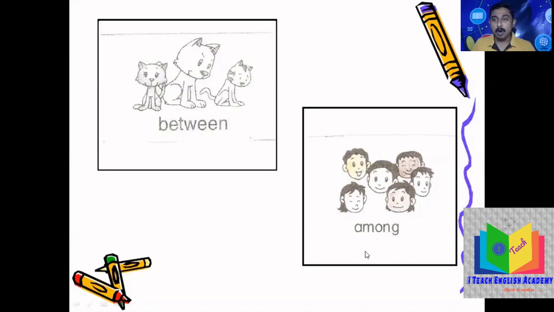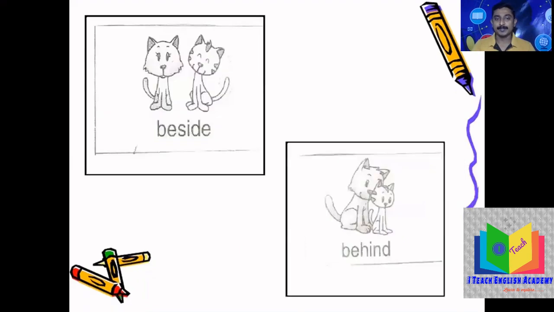I sat among boys. How many boys is not definite? Surely it is more than 2. If it had been 2, we would have used between. As it is more than 2, we must use among. I am sitting among boys. He is standing among the patients. In this manner, you can say.